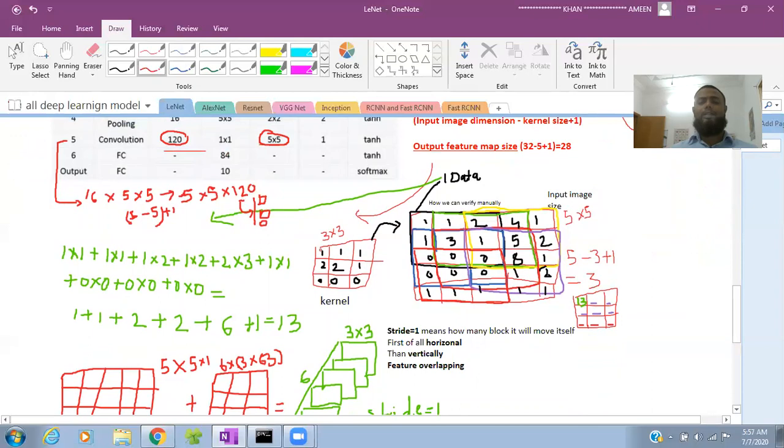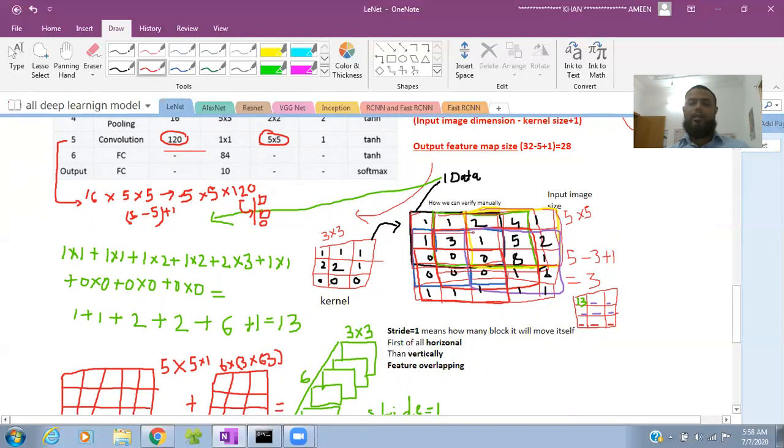Next, here this is the kernel size. We can also verify with minimal data, like this is our data, so how they are going. 3 cross 3, like this one. Strides means 1, so it will move 1 and go to the next one like this. Again strides 1, it will go like this.